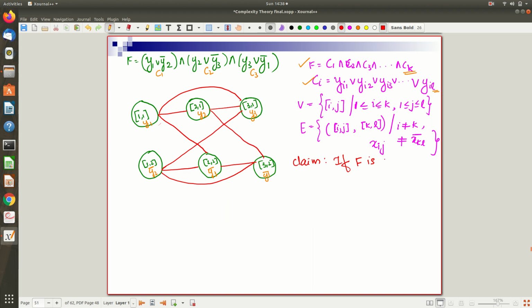If f is, so not if then, because it is a bidirectional proof. Let me write the claim, let me start with f is satisfiable if and only if, because it's a bidirectional theorem. The corresponding graph, this is the formula and this is the graph corresponding to it. If and only if G, I mean the graph,